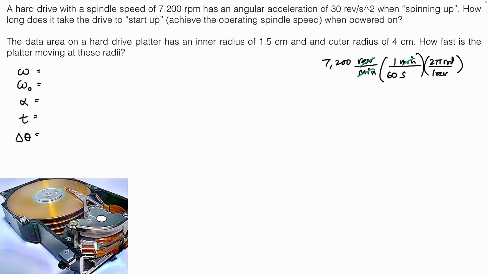All right. So the revolutions cancel with revolutions. I'm left with radians per second, and I can see what it is I have to do. 7,200 divided by 60 multiplied by 2 pi. And that will get me